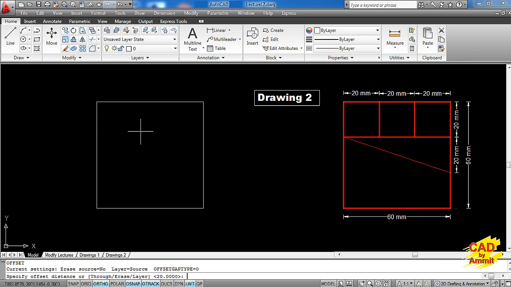Go for an offset command by typing down O. Value is already set to 20, so I'll press enter. I'll select this line, click on the right hand side, select the line, click on the right hand side. We get 3 sections. Then even this horizontal line is there at the gap of 20 millimeters, so we can select this horizontal line and we can click downwards so that we get this horizontal line coming up at the